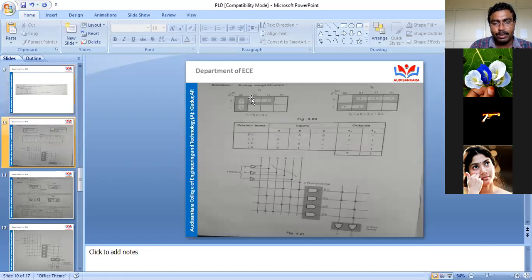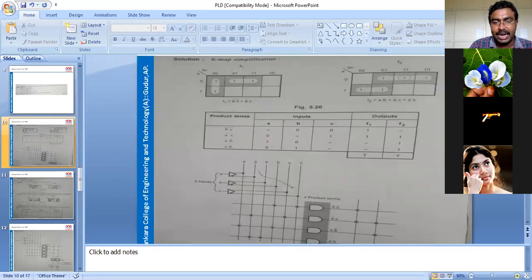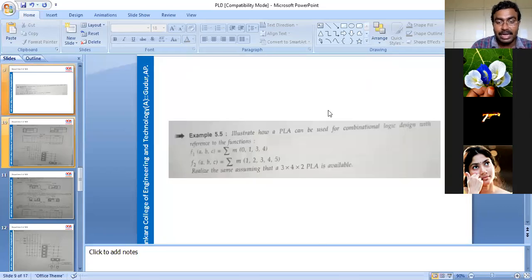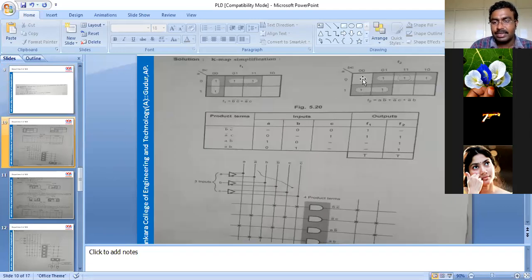They are simply mapping them and they are getting some functions like this, students. That is B bar C bar, and A bar C. These are the two functions I'm getting here. And when you go for the second K-map, what are the elements they have given, students? 1, 2, 3, 4, 5. So 0 is given 0, and 1, 2, 3, 4, 5 are filled with 1. And when they are simplifying it, they are getting A B bar plus A bar C plus A bar B.